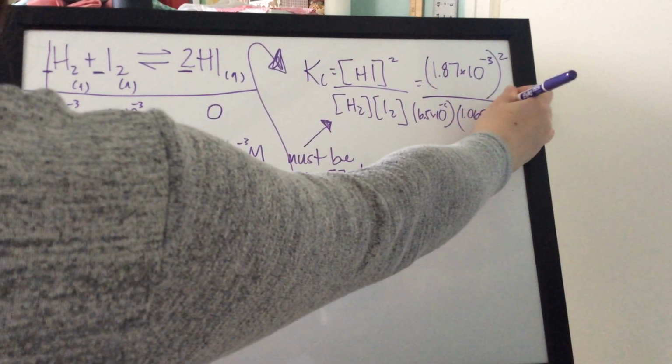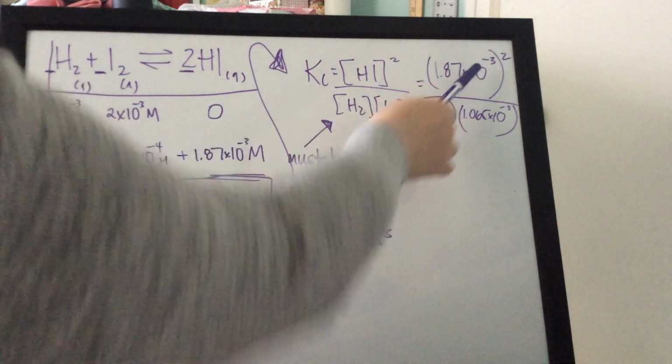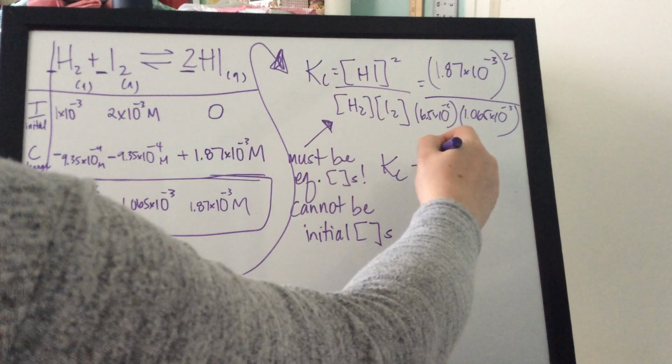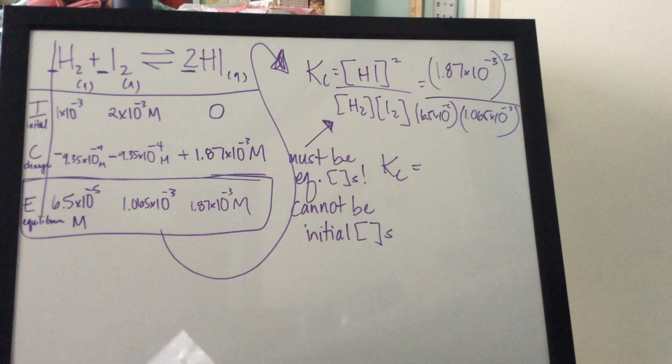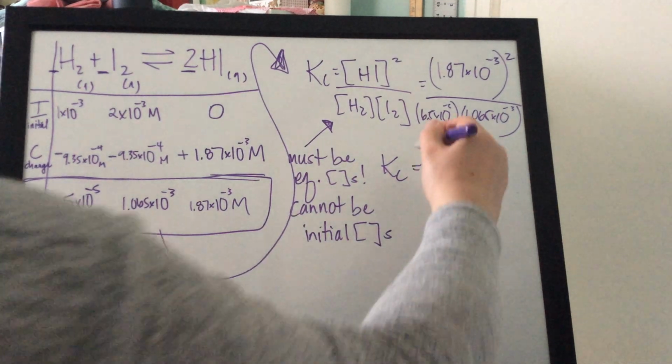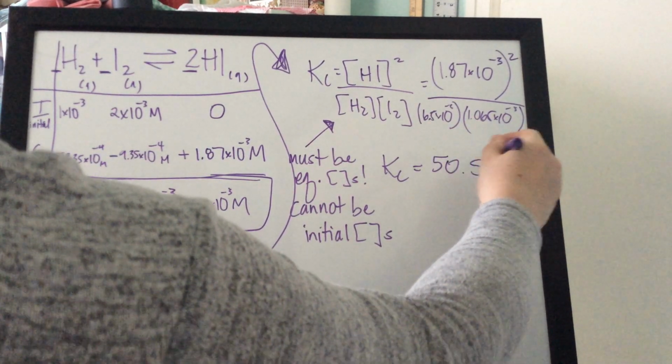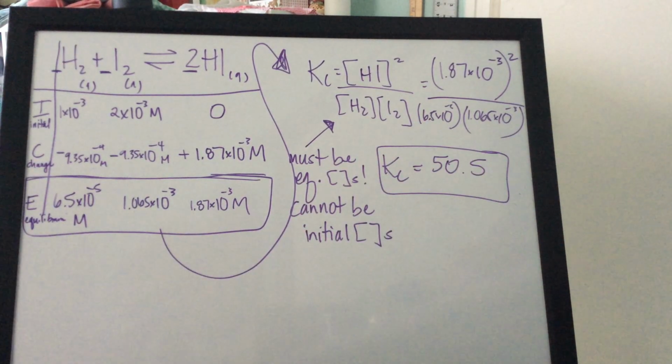And now, because I have all 3 values plugged in, I can numerically evaluate this expression for Kc. And once you do that, I got 50.5. Okay, so I have now successfully solved the Kc for this reaction, when I had not only equilibrium data, but initial data, and I was forced to use something called an ice chart. So ice charts are very prominent in the equilibrium chapter. We're going to see a lot of them